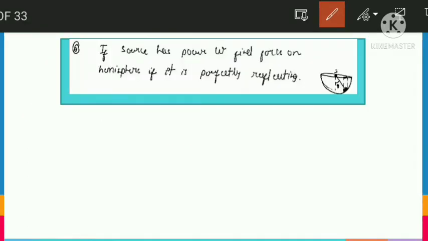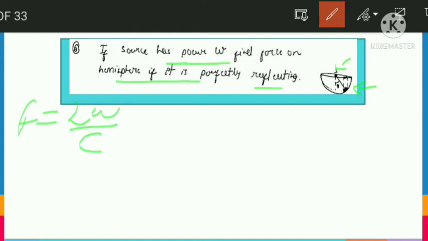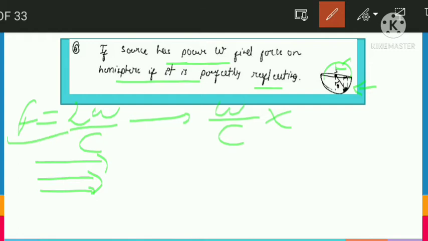So yes friends, let's see how we have to do this question. This is also one of my favorite questions. Let's see why. It says that we have a source of power W, and we have to find the force on the hemisphere if it is perfectly reflecting. This is a hemisphere. You may be thinking that Ritesh sir has told us F equals 2 times W by c for perfectly reflecting, and we complete this hemisphere. So in half of the sphere, we have force 2W by c, but this will be wrong. Let's see why. Actually, for a parallel source of light this formula works, but here we have a point source sending light this way, so this formula will not work.